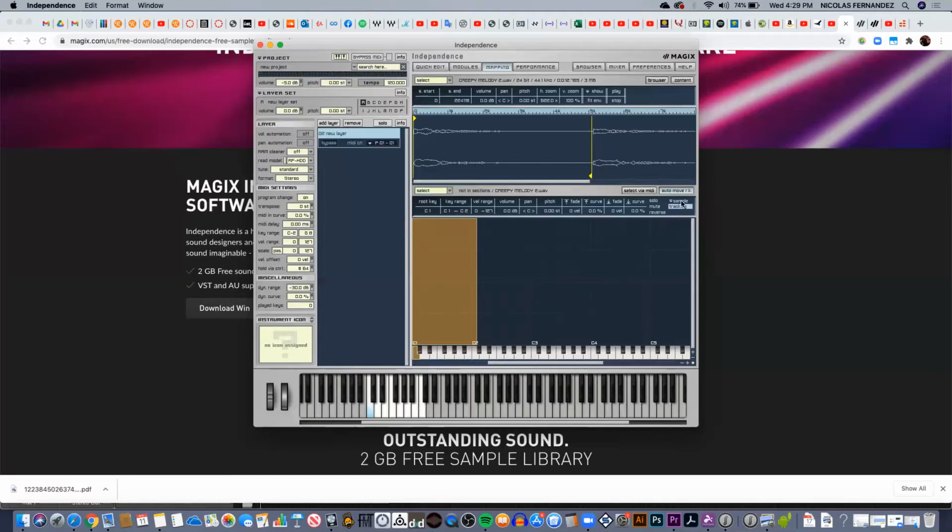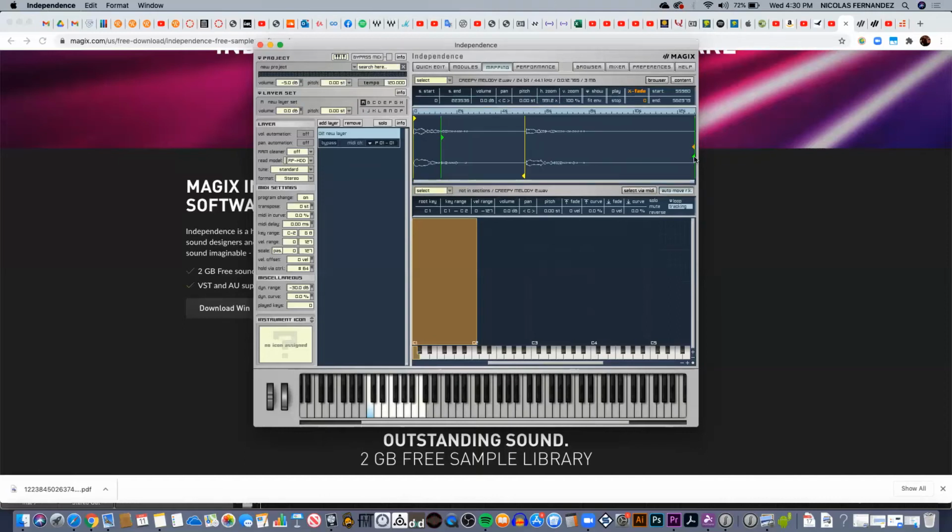Now, back to the looping. So I can go here to sample and select loop forward. That's going to create a new marker in green color. So this green marker is going to determine where to start and where to end, but it also is going to repeat the whole thing. So right now I only see one green marker because the other green marker is at the end of the whole audio file. So I need to zoom out